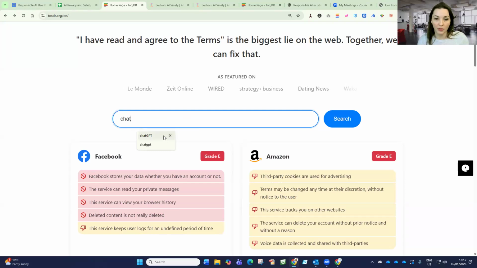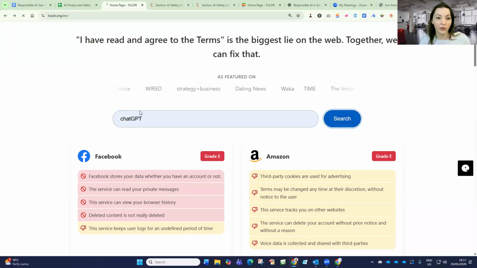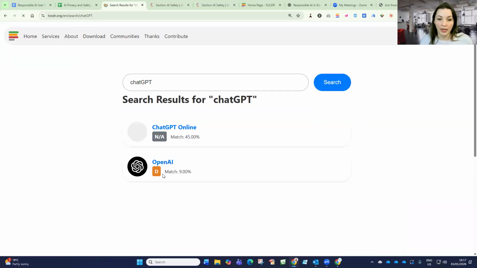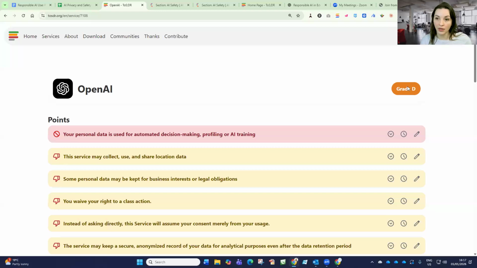So ChatGPT, let me show you. And we have both yellow and red and green. Some of you think it's red, some of you think it's yellow. OpenAI, it's actually D, so it's grade D. It's orange. None of you are right. It is orange. It's not red, but